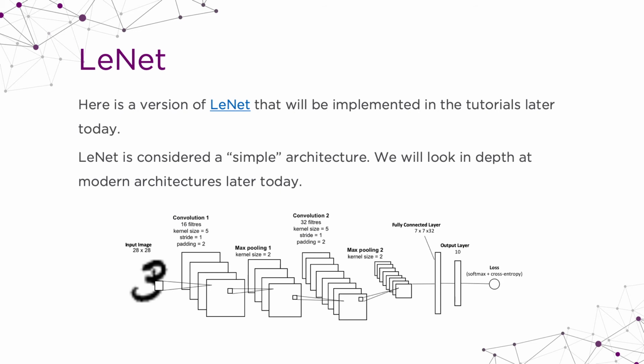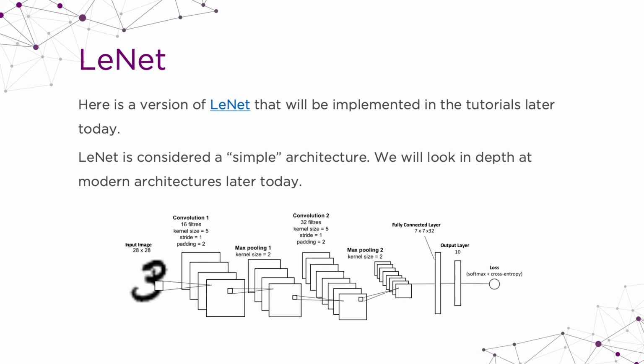So here's the architecture of LeNet. And again, try to think of these building blocks that we were talking about earlier. So we have our input image, which is a 28 by 28. And in this case, this is a grayscale image, so there's a single channel in our input. We first start with a layer of convolutions. So again, here we have the different parameters that we were talking about. The kernel size is set to 5, the stride is set to 1, and the padding is set to 2. This is followed by a max pooling